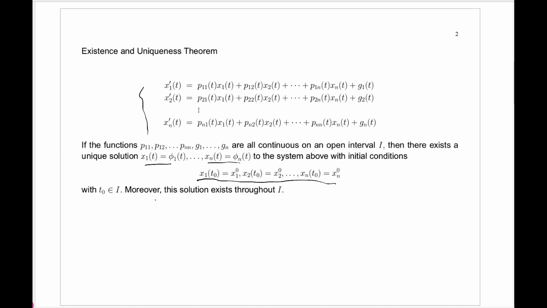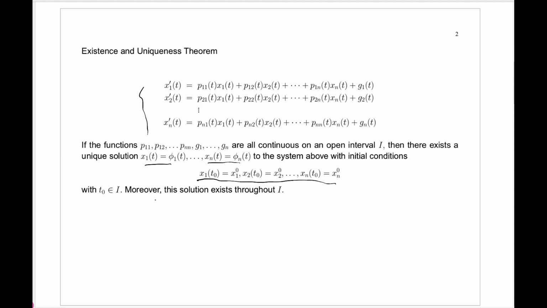Moreover, that solution should be valid on the entire interval I. We get this particularly because these are linear differential equations. We're not going to talk about it here because we won't really be looking at them, but if you have a system of nonlinear differential equations, just like in the case when we talked about first order, regular old single first order differential equations, there'll be a weaker existence and uniqueness theorem,